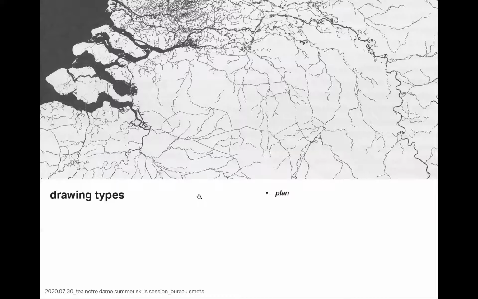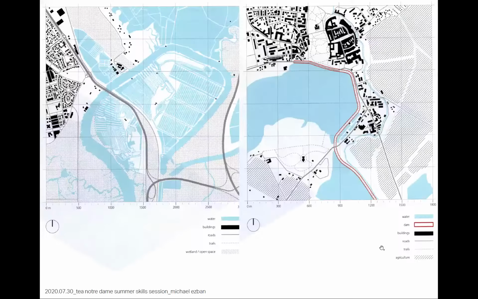So now I'm going to pivot completely, and we're going to go from this themed entertainment focused case study into some different drawing types. And like I said at the beginning of the presentation, everybody has a favorite drawing type, and in doing so, you're making clear graphic choices about the idea at hand and about the ideas that you have personally. So first we'll dive into the plan.